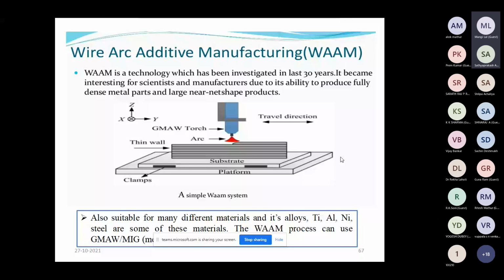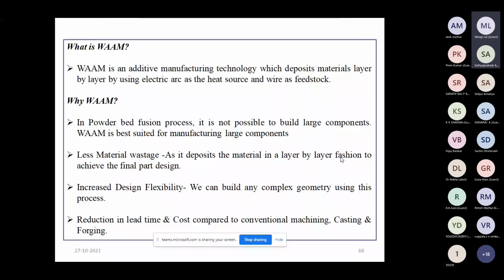So what is wire arc additive manufacturing? This manufacturing technique deposits the material layer by layer, using an electric arc as the heat source and wire as the feedstock.